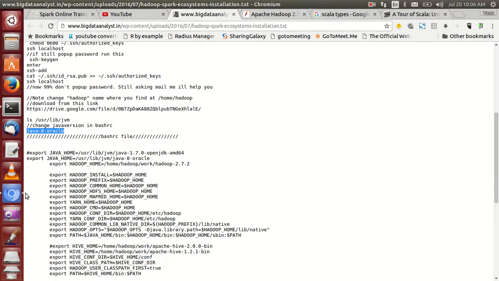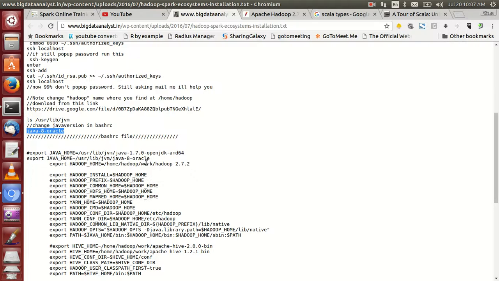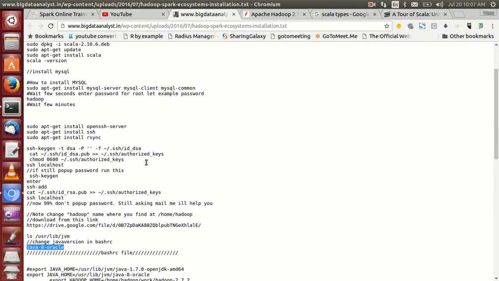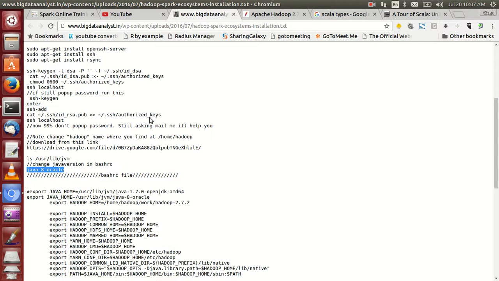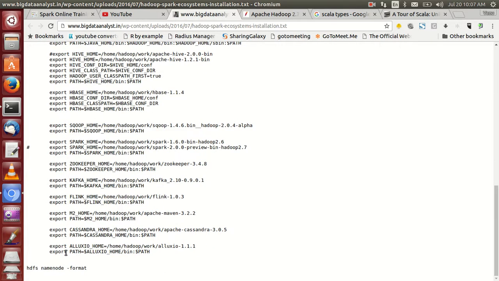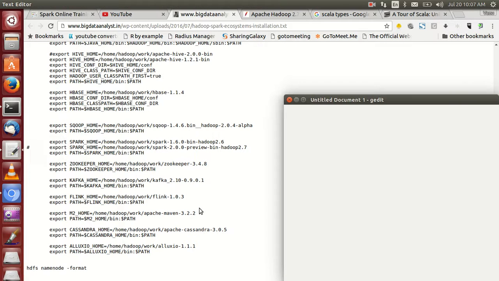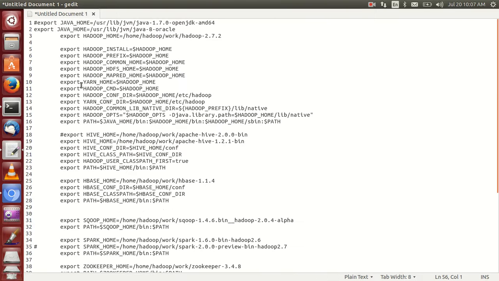Okay. And actually I have already installed the 7th version also. As of now you can ignore it. In case you want to install the 7th version also, it is apt-get install openjdk-7. It's not mandatory. And next, what next? Simply copy this command first of all, and open your notepad and paste it here. After pasting, what should you do?